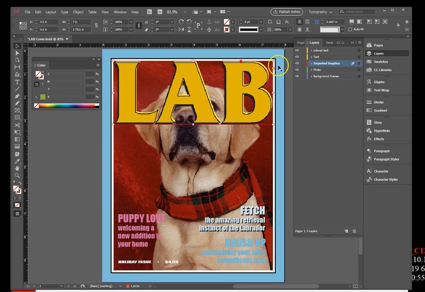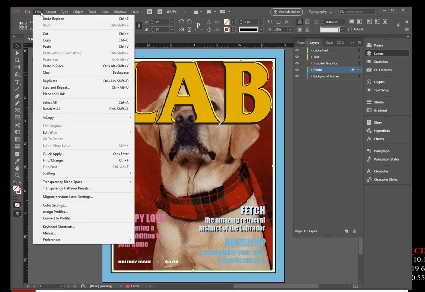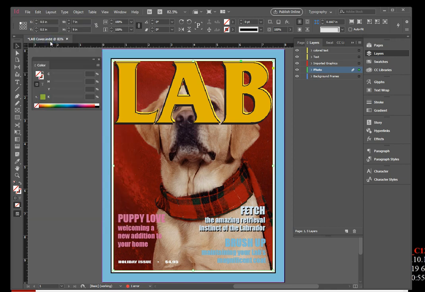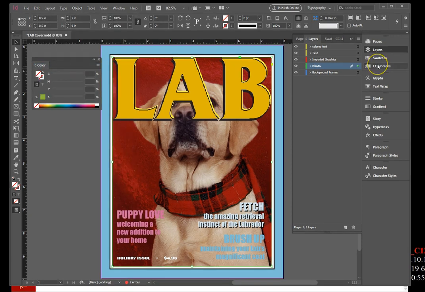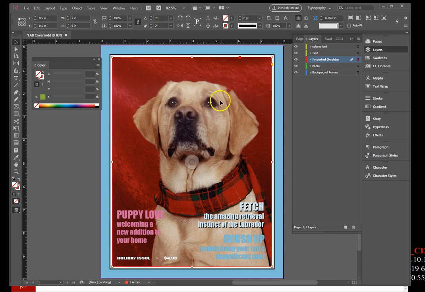Click the photo layer on the Layers panel. Click the dog graphic in the document window. Click Edit on the menu bar. Click Copy. Click Edit on the menu bar. And then paste in place. On the Layers panel, drag the Indicate Selected Item button from the photo layer up to the Imported Graphics layer. So we're going to click on there and drag it up to the Imported Graphics layer,